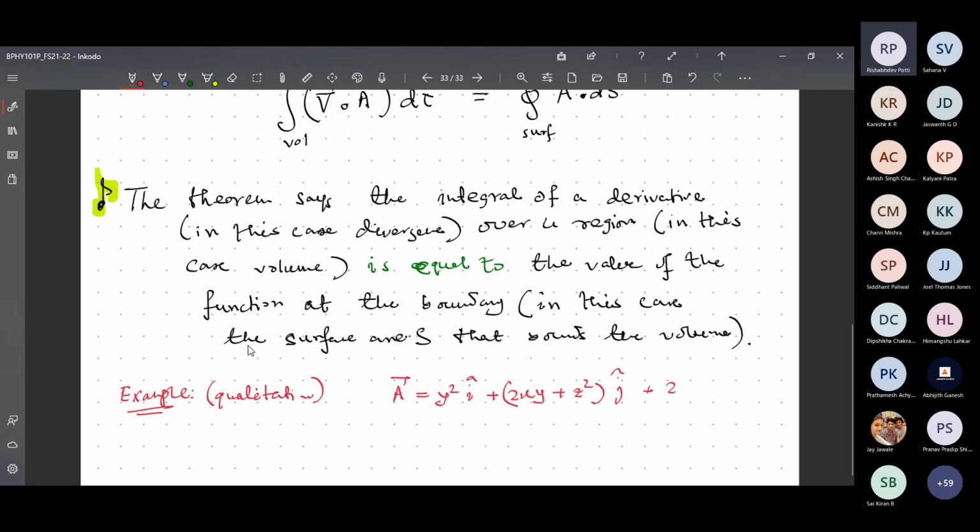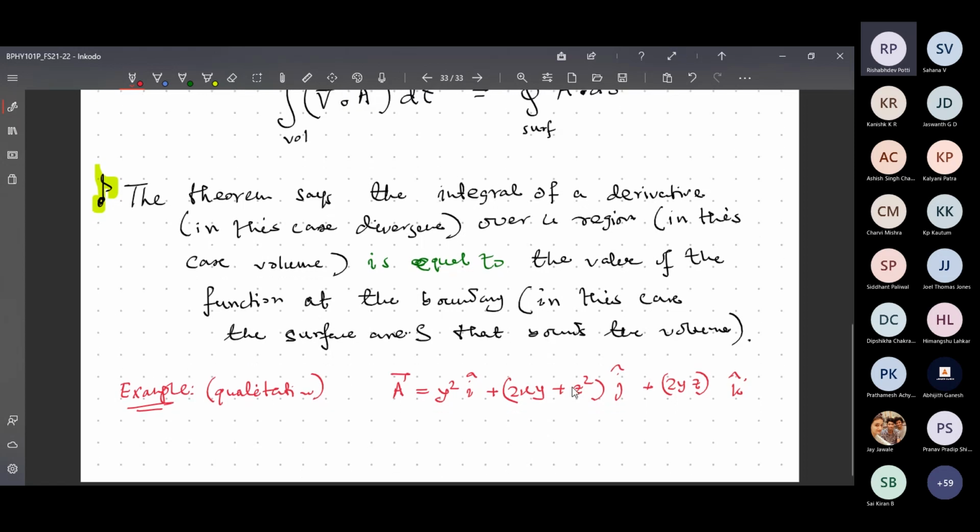J cap. Immediately it should come to your mind that this is a very weird vector field, because now I have given it in 3 coordinates, and both are functions of x, y, z. Of course, don't go by that immediately. It will be much more difficult to visualize it. Later, don't try to visualize the vector field.